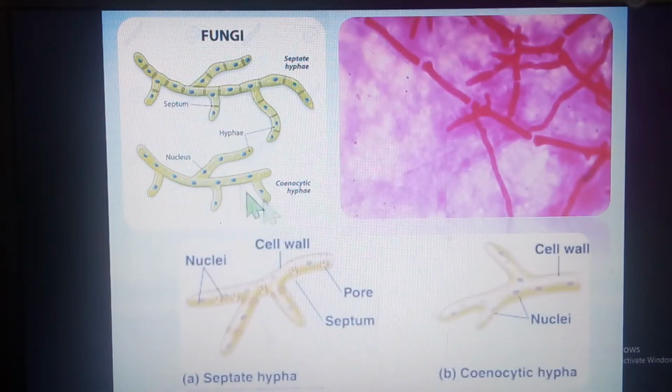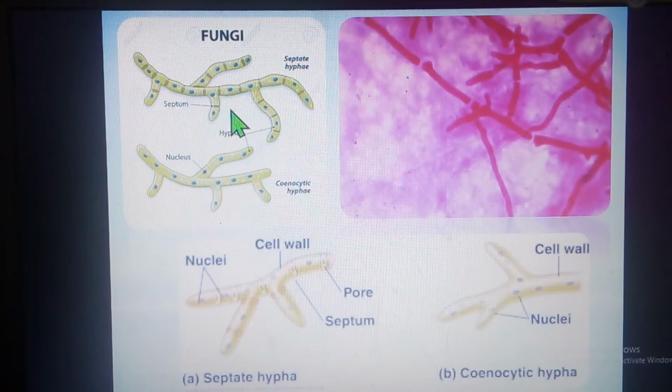So next, these mycelia are very much branched. Okay, these are just an example to show that the mycelium of the Puccinia is very much branched. They show branching, and these mycelia, both the dikaryotic and monokaryotic, have septation. Okay, you can see here. For example, in this case, you can see a septum.